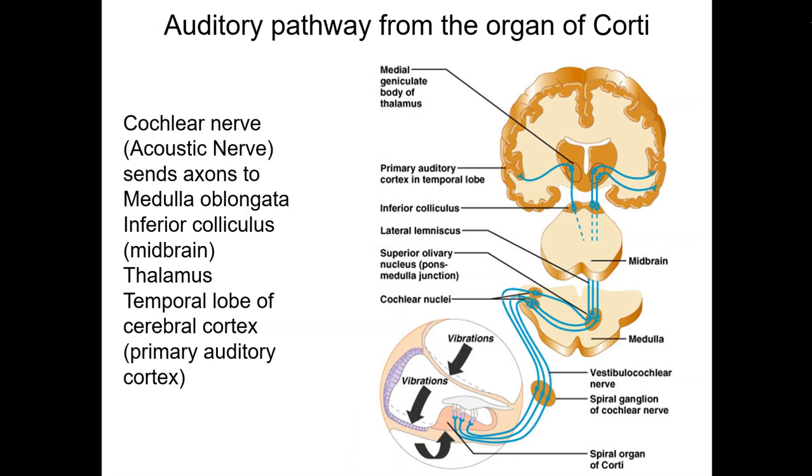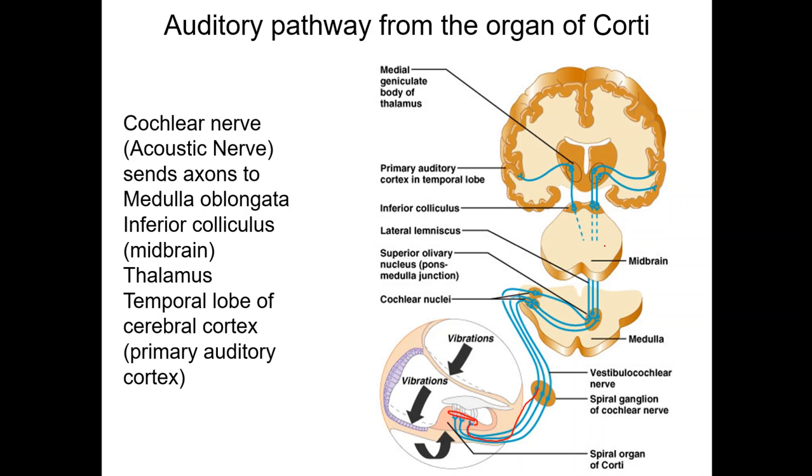Regarding the auditory pathway from the organ of Corti, remember that the specialized auditory cells in the organ of Corti are in contact with the processes of nerve cells that converge to form the cochlear or acoustic nerve. And this travels to the medulla oblongata and to the thalamus,